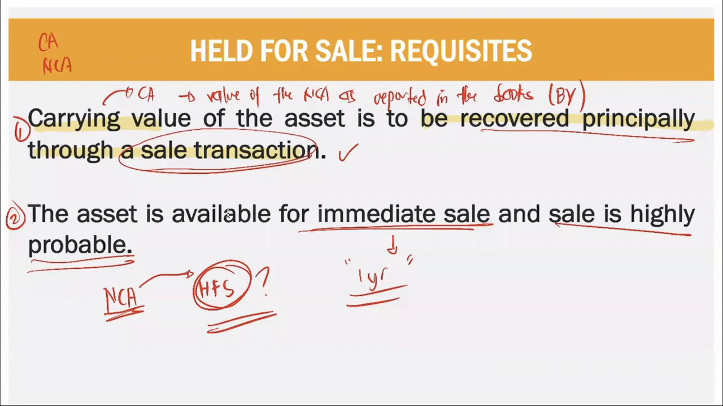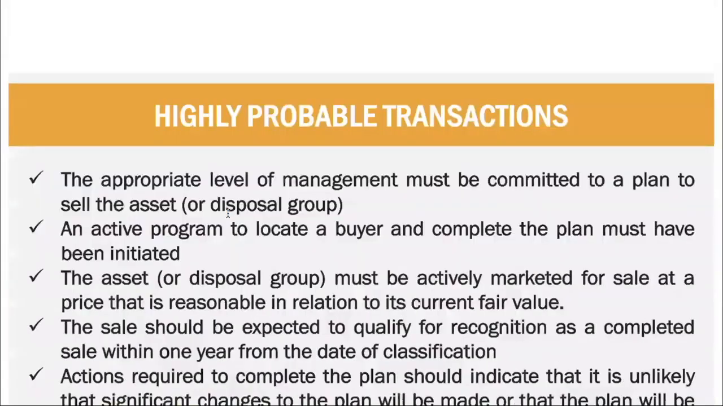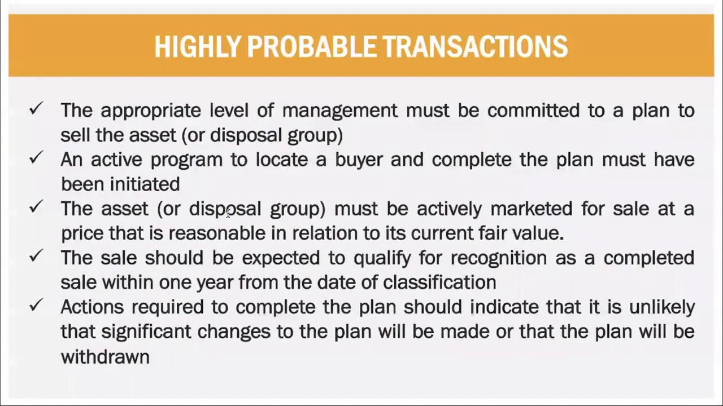Our next problem is highly probable. When can we say that the sale is highly probable? So the sale is highly probable if the following are present. First, the appropriate level of management must be committed to a plan to sell the asset or disposal group. Take note, if we plan to sell an asset, we call that your non-current asset held for sale. If we plan to sell a disposal group,